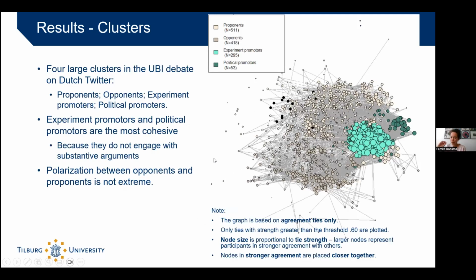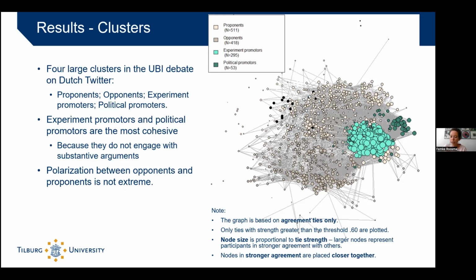So we mapped all these relationships and looked at clustering. And in this map, you find agreement ties only. So ties with strengths greater than the threshold of 0.60 are mapped. And you can see that the nodes show that there are 4 big clusters. So we found 8 clusters, but there were also some very, very small clusters, so they were disregarded. So we found 4 big clusters. And the stronger the nodes and the closer together they are, the more it means a very integrative